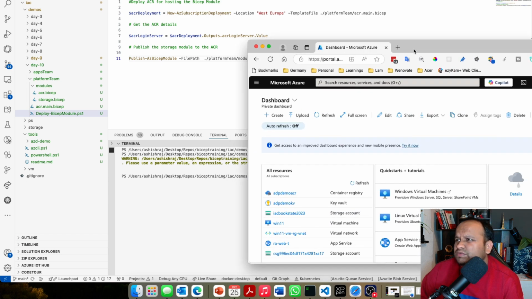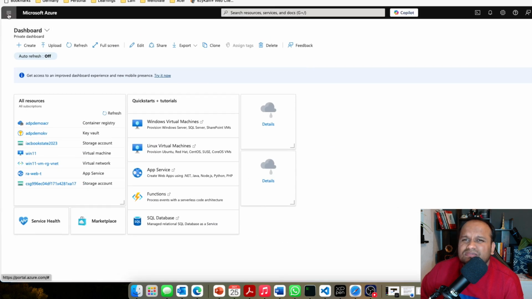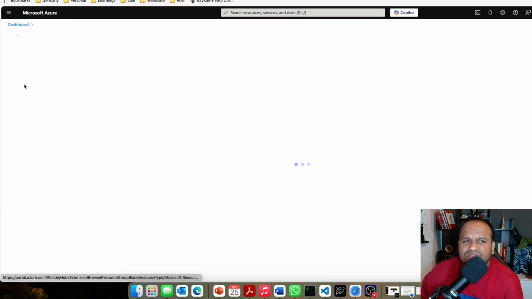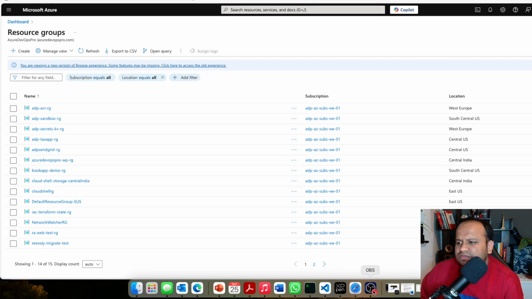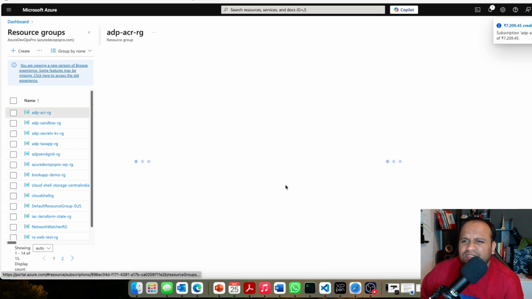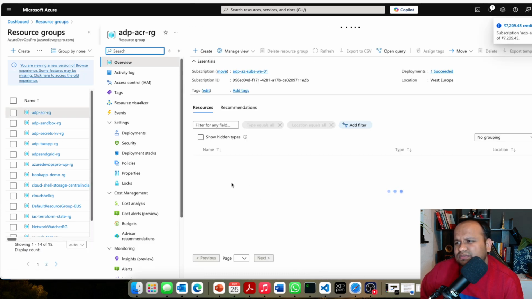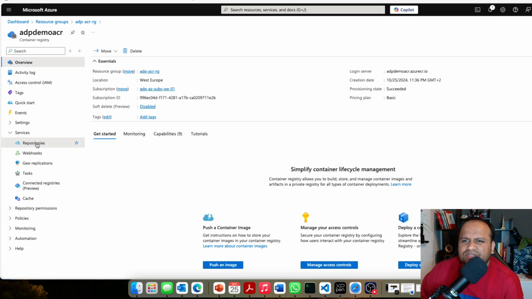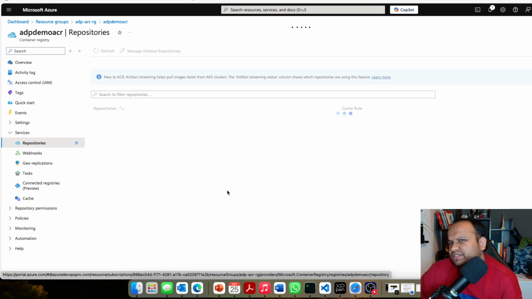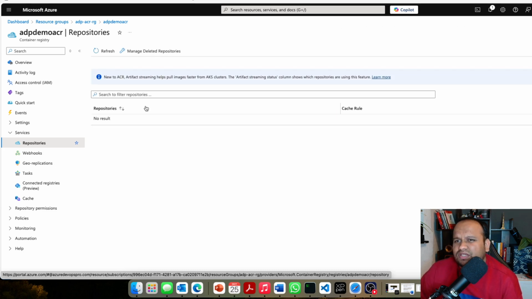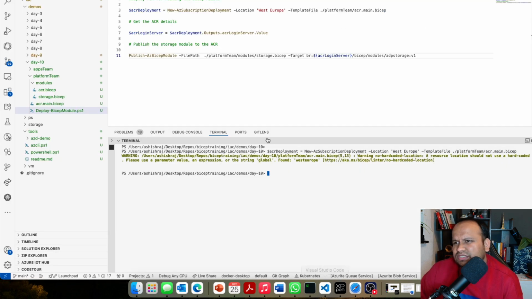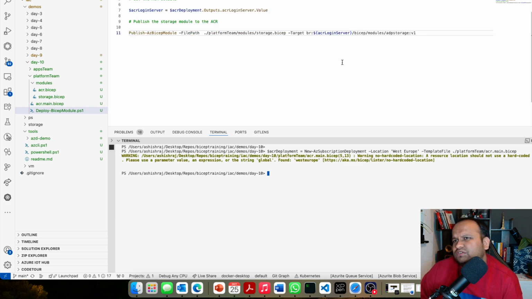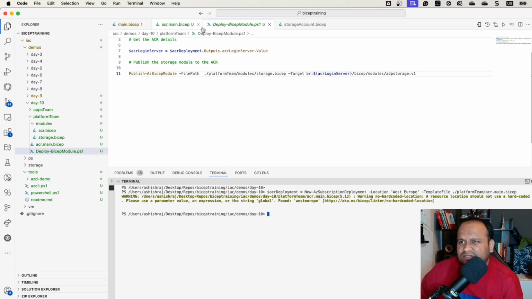So here is our portal, and if I go here in the resource group and go to the ADP ACR, we have an ACR registry, and in this registry we have repositories, but we don't have anything over here as of now. So what we will do next is that one part of your infrastructure team, again, this can be more